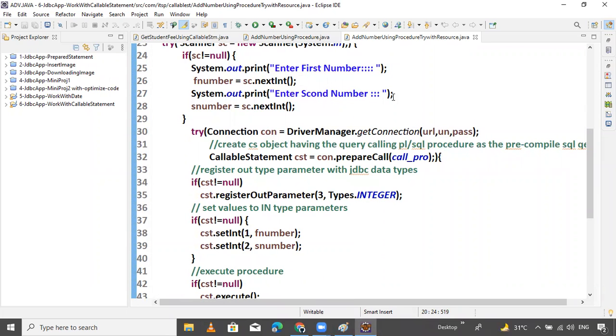Enter asking the user, take the input from the user and calculate inside the database. Just one time send the query into the database, then the database will execute the procedure, gather the result and send it back to the Java application.